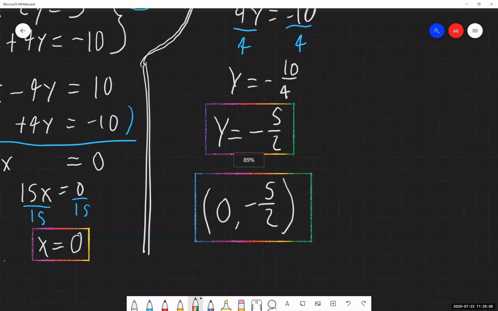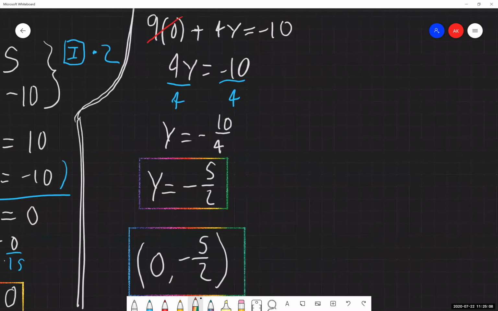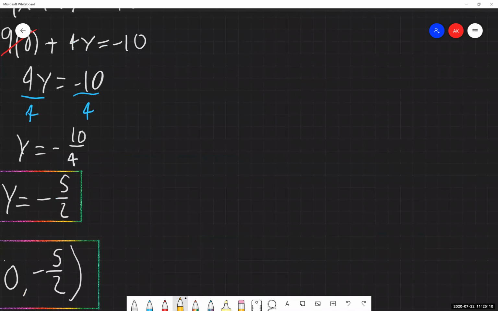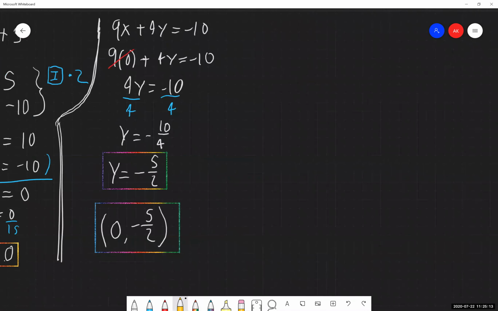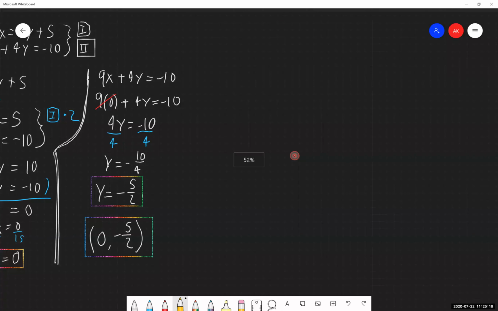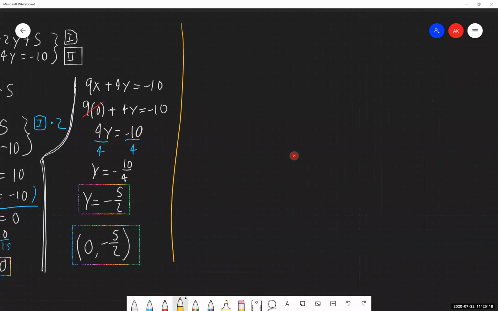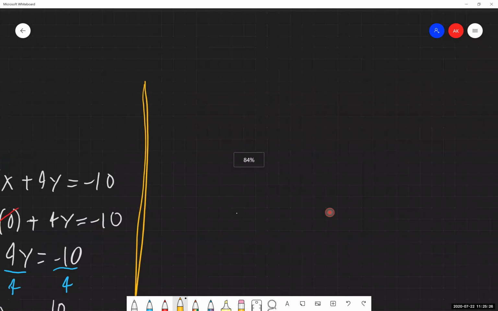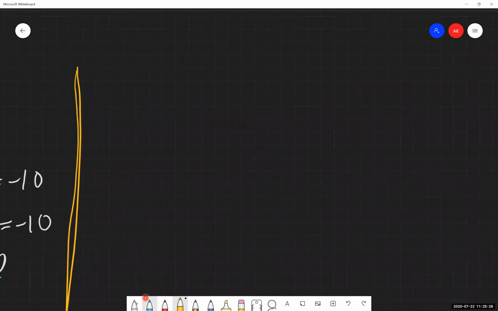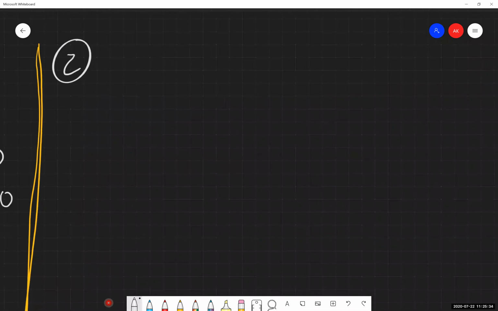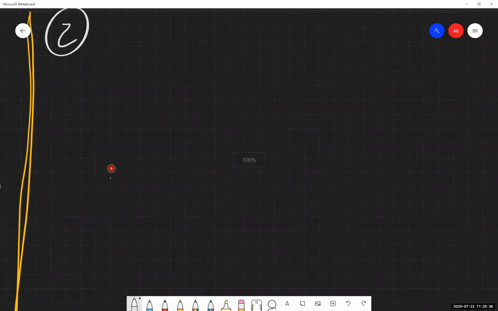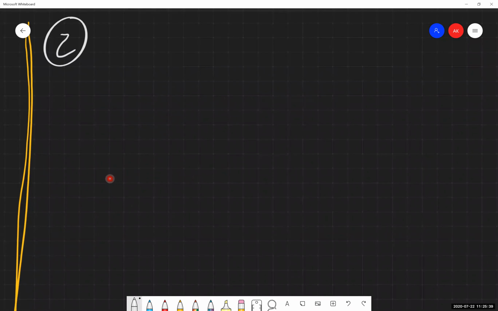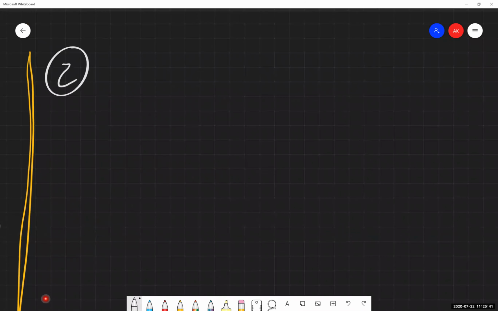So I'm going to move us up here. I'm going to go on and take a look at example 2. Zoom this out here a little bit so I can divide this up a bit better. Okay, so example 2, we're doing the exact same thing, except we're going to have some fractions showing up in here. We have to figure out how we're going to work with those fractions.